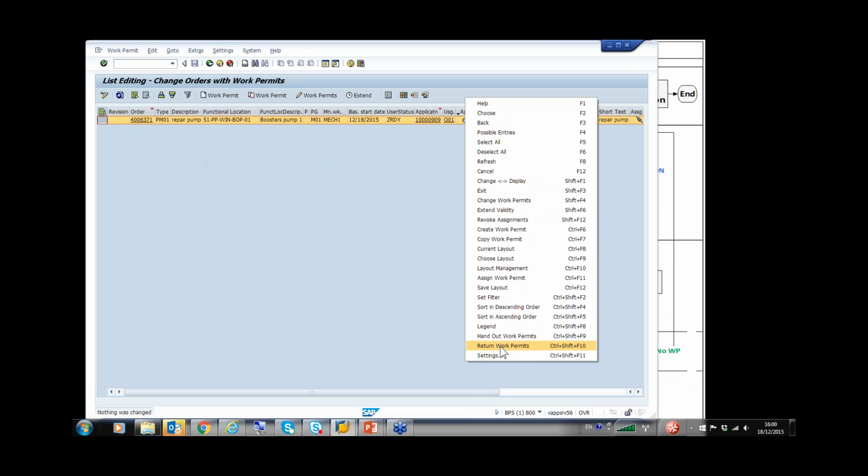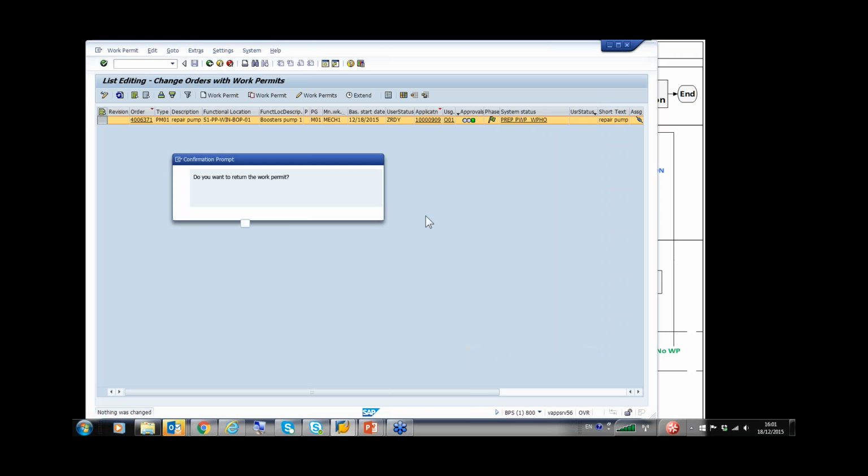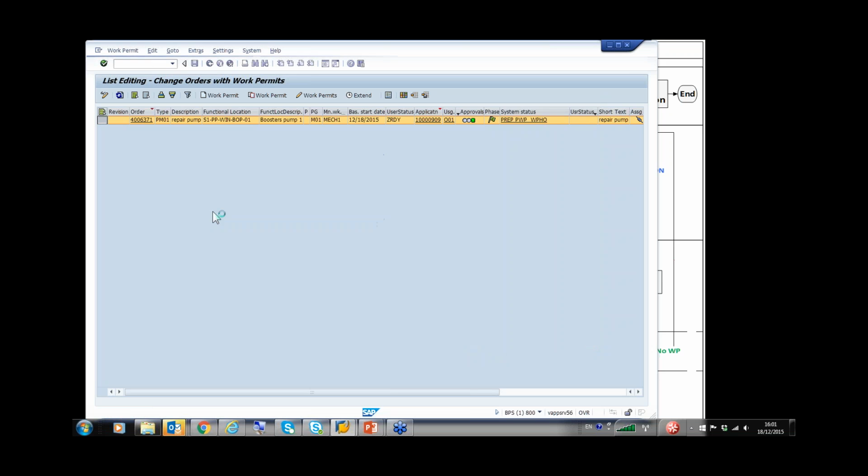So I return the permit physically. I collect, as area technician, the physical work permit from the maintenance. So here I can say, okay, return work permit. Okay. So that it does not appear anymore in my list. Then what is the next step is,